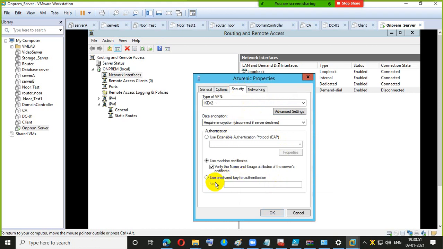Okay, now here the passkey we have to provide, that is the password I've given.